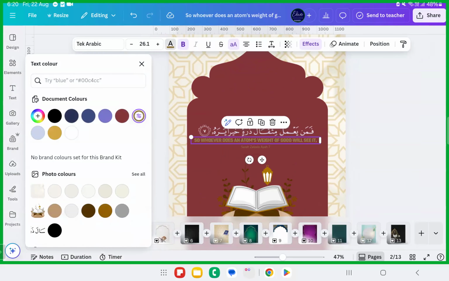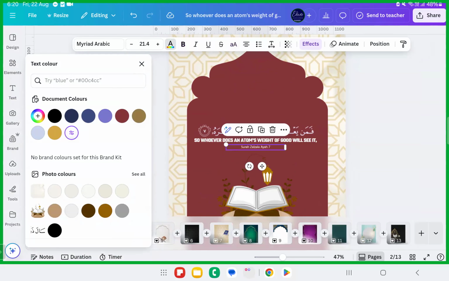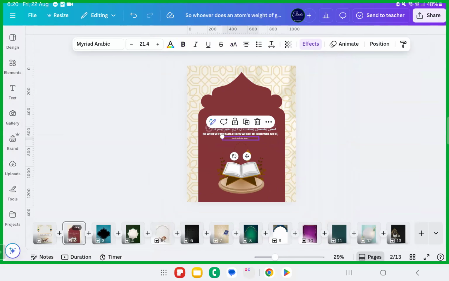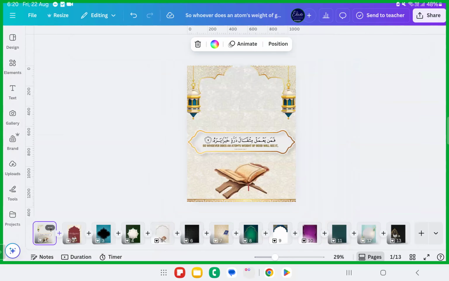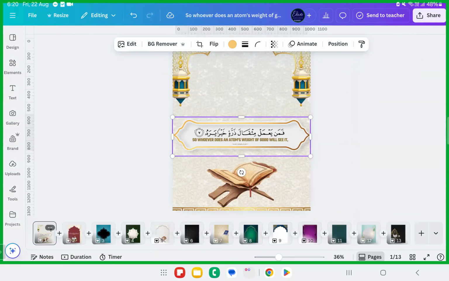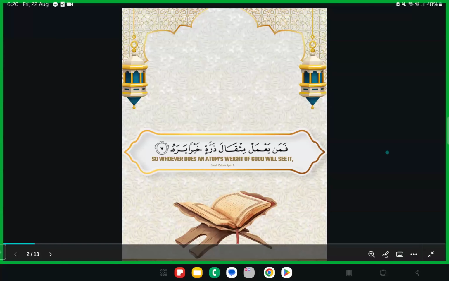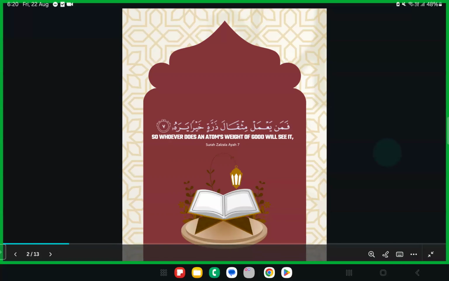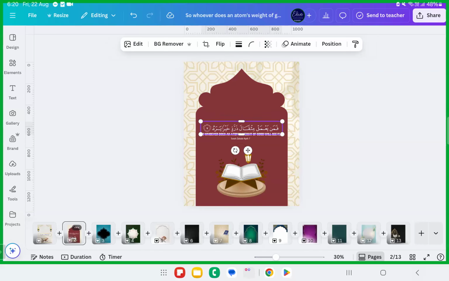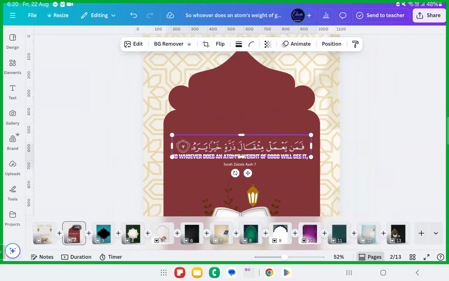Okay, the second way. The very first way was adding the graphics directly. Black graphic is added and you have added the translation, you have added the ayah there. Okay, it looks stunning when it is put up on the screens. Fine, it is very small here. When it is put up on the screen, it looks stunning. Fine, something like this. Now because this ayah is not having a proper quality,